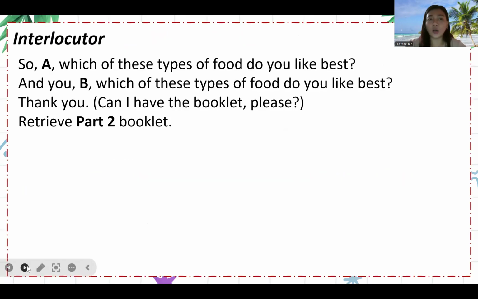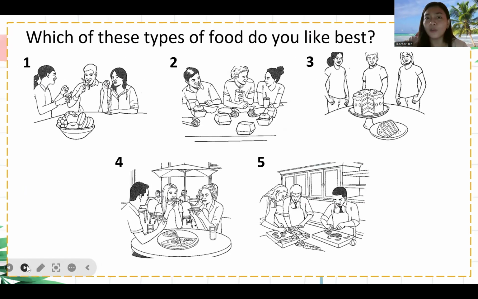After describing all the pictures, we have part A: which of these types of food do you like best? Okay, now we will talk together about the picture. In teaching CAT, we are giving the student the chance to decide on their own idea, which one is good for her, or for them if there are two students, or which one is good for you and the student, because you are talking. It is not a decision about what is in the picture. The decision now is yours, which one is good for us.